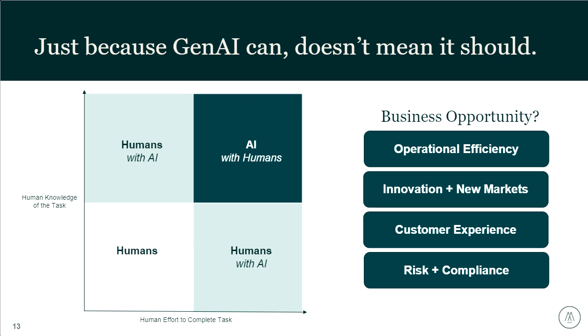You'll see the one box, with the AI with humans. This is when the approach is ideal for tasks where AI excels and humans provide oversight, ensuring accuracy and also any ethical considerations. That's when your human knowledge is high, but your effort to complete the task is also high. That means as an expert, you're able to let AI lead the way because you have the knowledge to look over it and make sure everything is right.